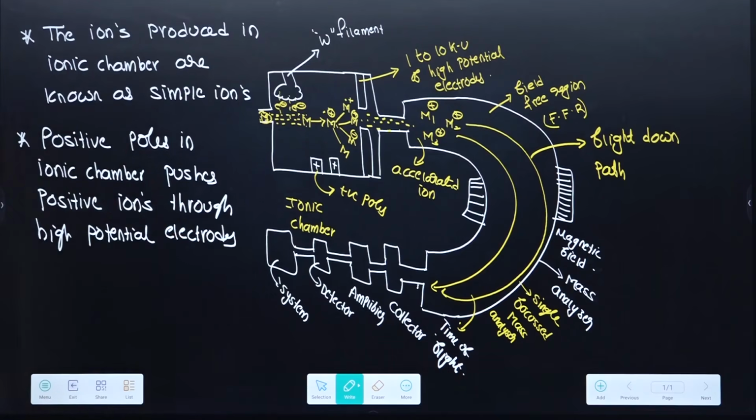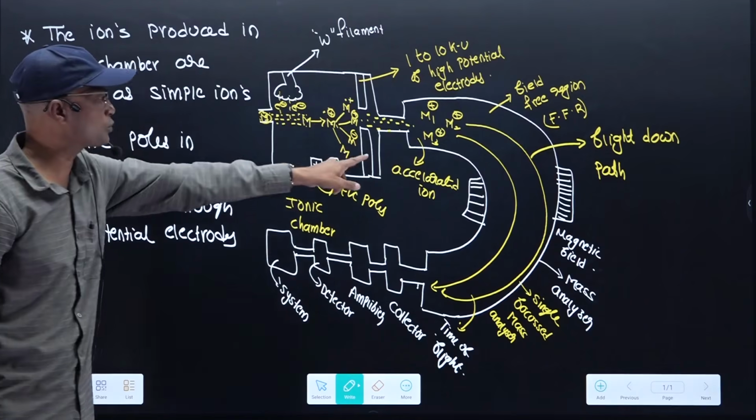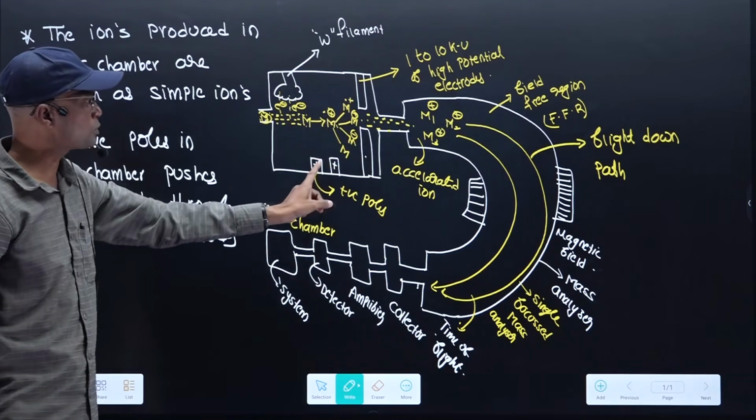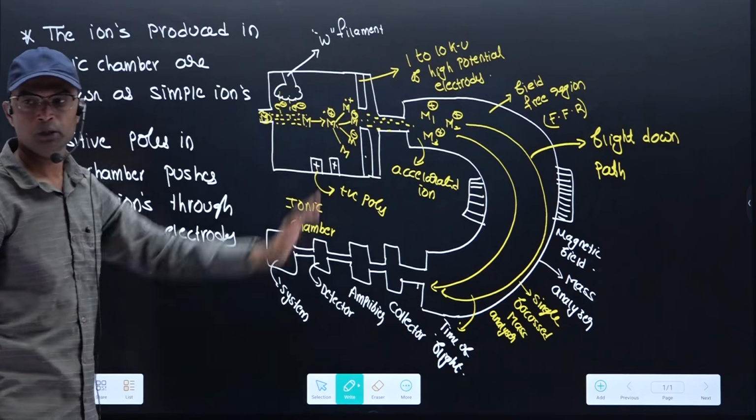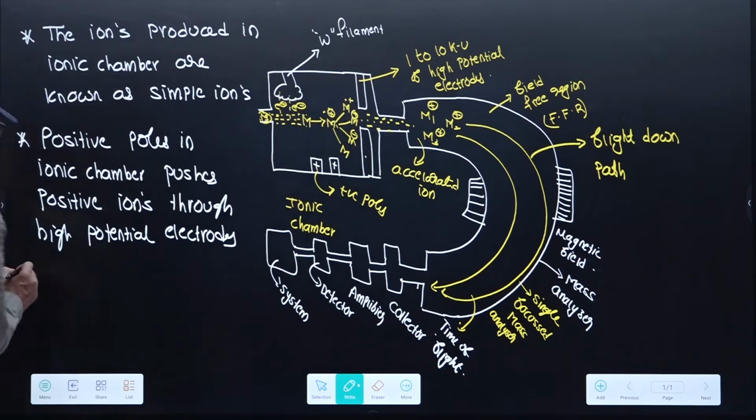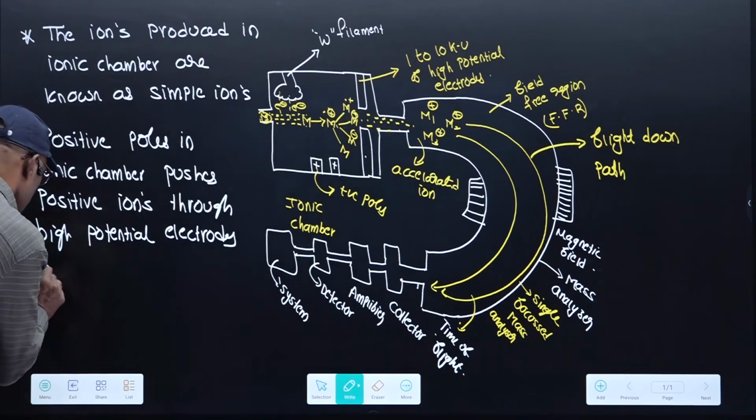This is called the high potential electrode. These two positive charge poles push these positive ions through the high potential electrodes. Okay, next,